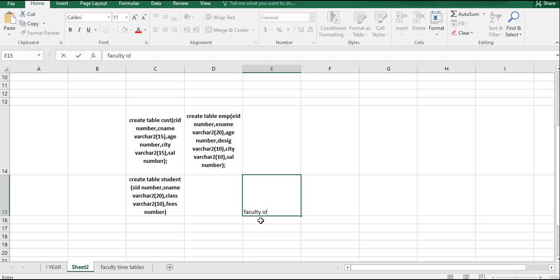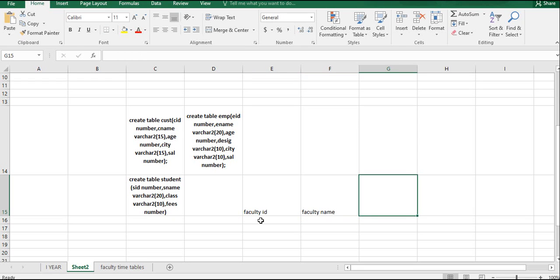Faculty ID, faculty name, course ID... no, we will go with experience, or we will go with subject and experience.